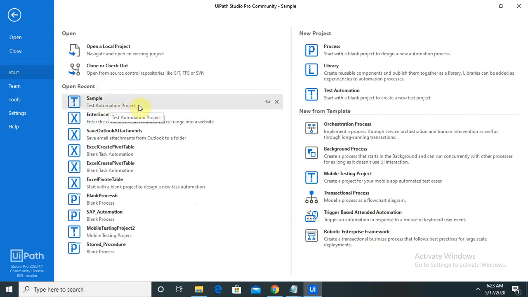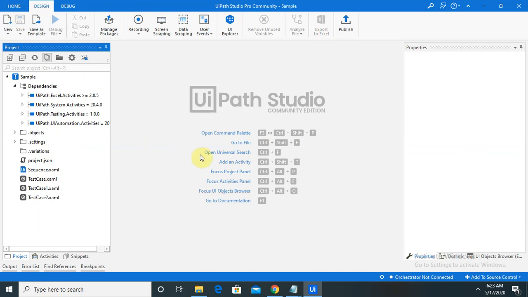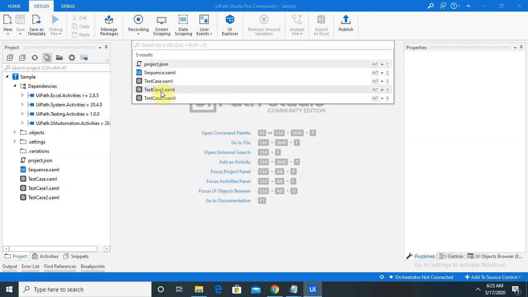I have already opened this test automation project from here; you have to create it from here, but because it's already open in my system, I am not creating it again. Just click on go to file and you can see the various test cases, various XAML files available as test cases.